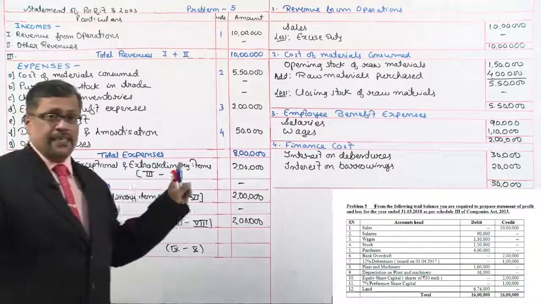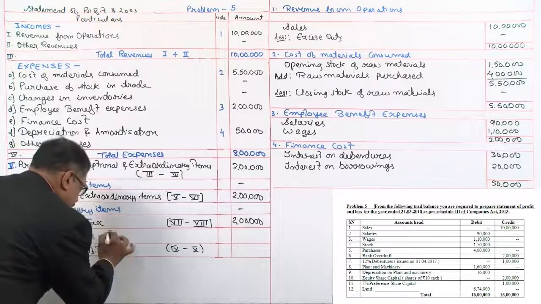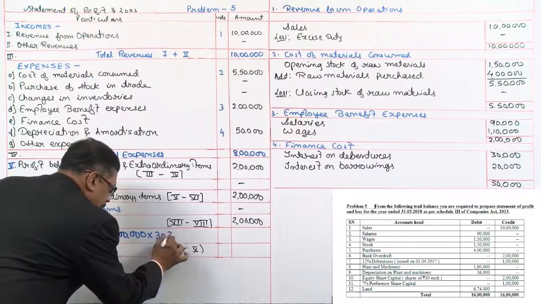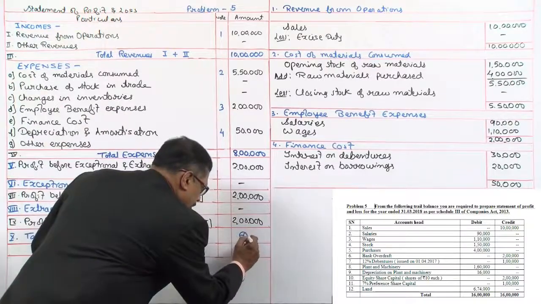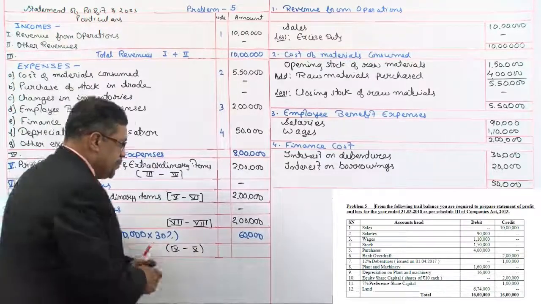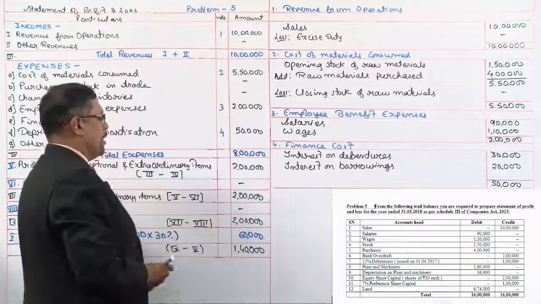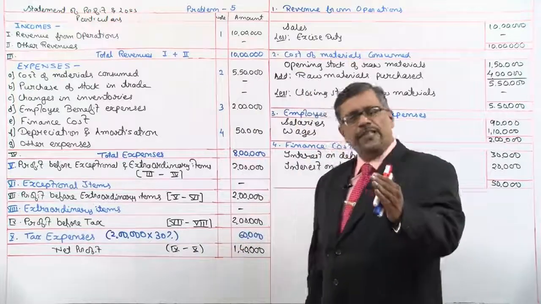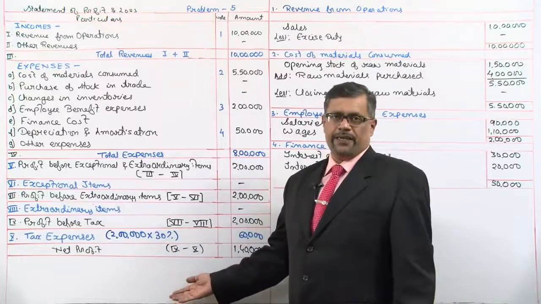Tax expenses. Yes, we have. At what percent is the tax given? At 30%. So that is going to be, on 2 lakh rupees, the profit before tax, of that 30%. 2 lakhs into 30%, what we get is 60,000 rupees. Once this has been done, we minus it. 1,40,000. That's all. This is the net profit. If in the problem they have given you the profit of discontinued business, we add it separately.